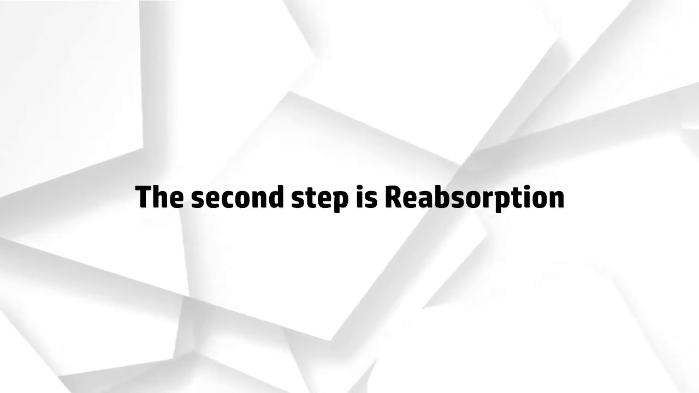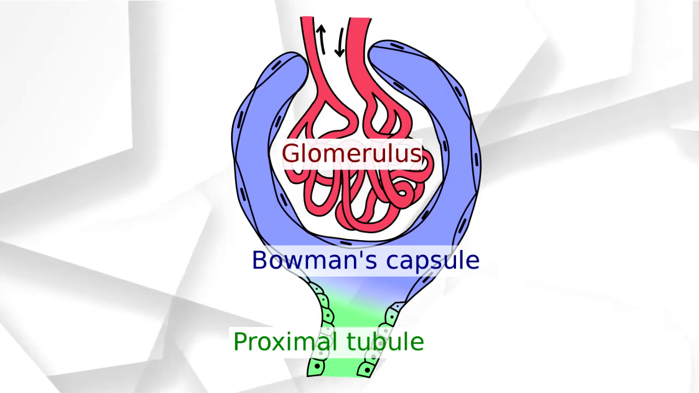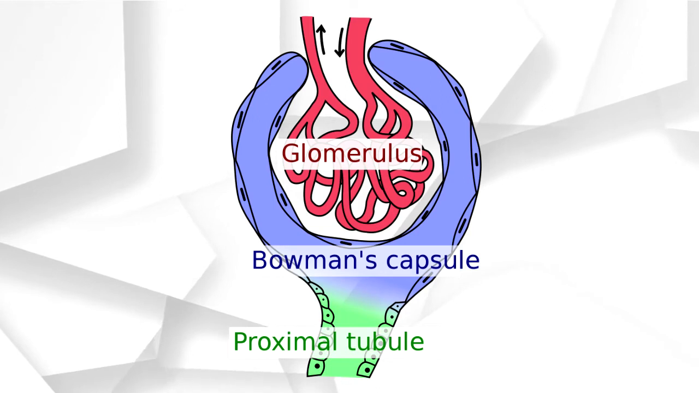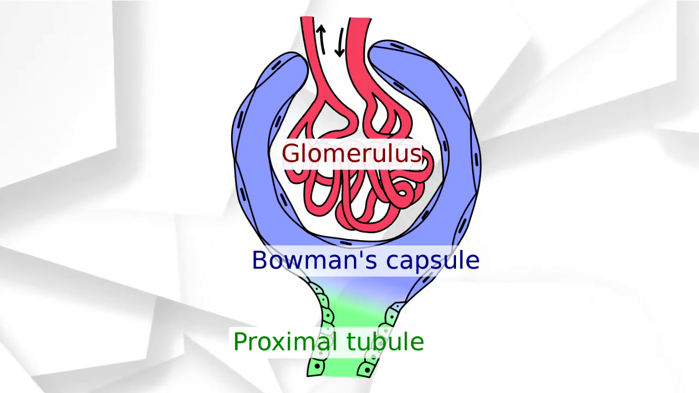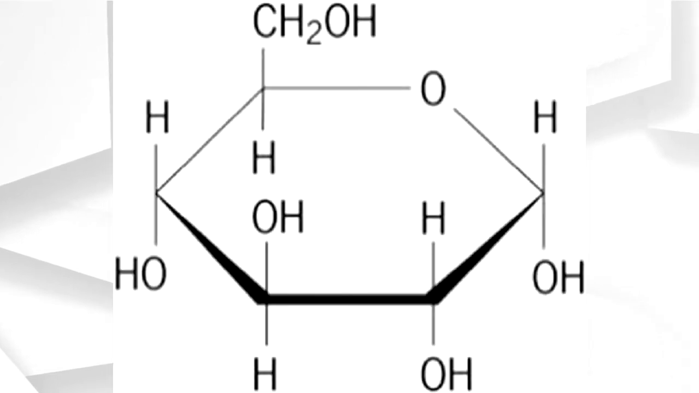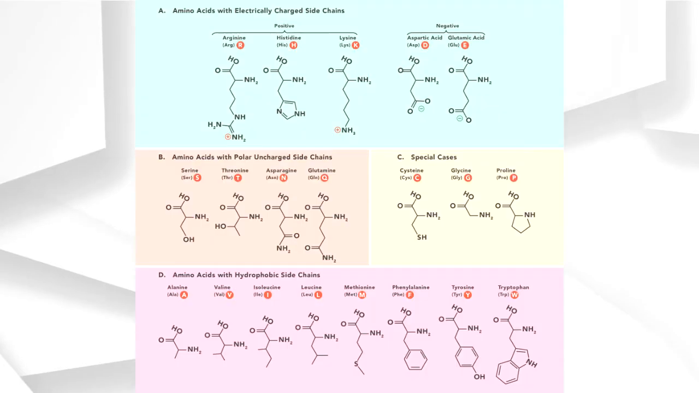The second step is reabsorption. The filtrate enters the kidney in a proximal tubule. This region of the kidney is special because many things can be removed from the filtrate. These valuable things are recollected or reabsorbed by the body. Glucose, certain salts, vitamins, hormones, and amino acids are restored to the body and will not be included in the